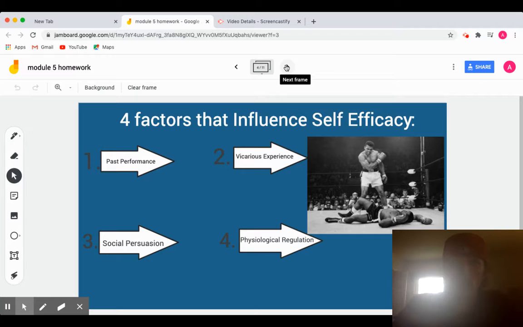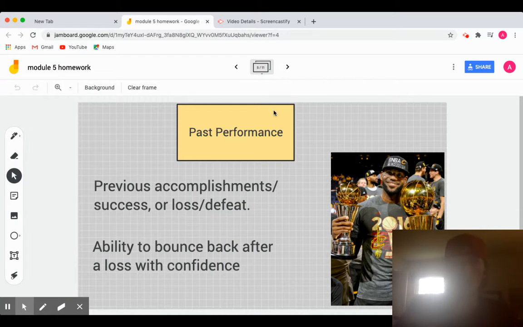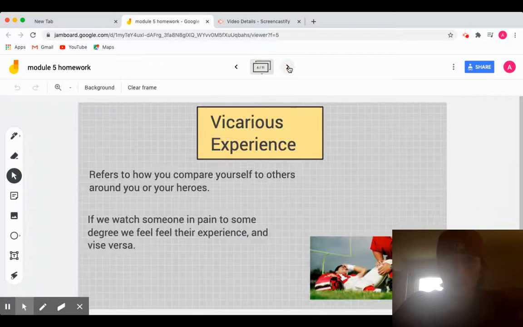So the 4 factors influencing and making up your self-efficacy are past performance, vicarious experience, social persuasion, and psychological regulation. Past performance is just like your experience in sports. Say I grew up playing baseball, always had a good experience, it encouraged me to do more, and I got so many opportunities just through that one game. LeBron James has been in 8 championships after being in the league for a while and never making one, getting so close, but he was able to bounce back with more confidence than anybody and more athletic ability.